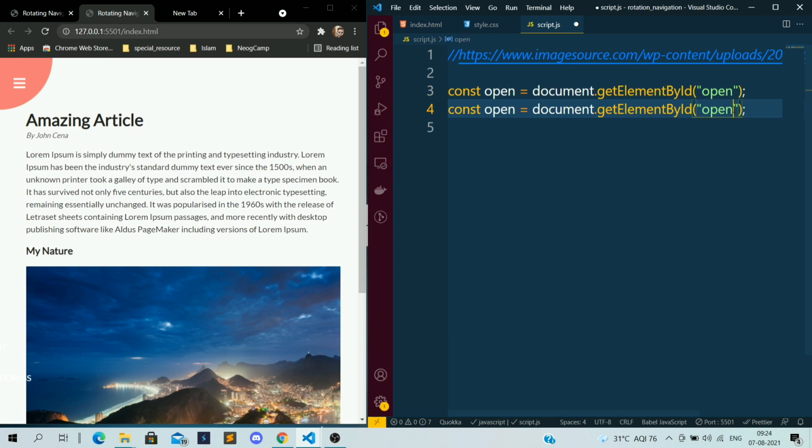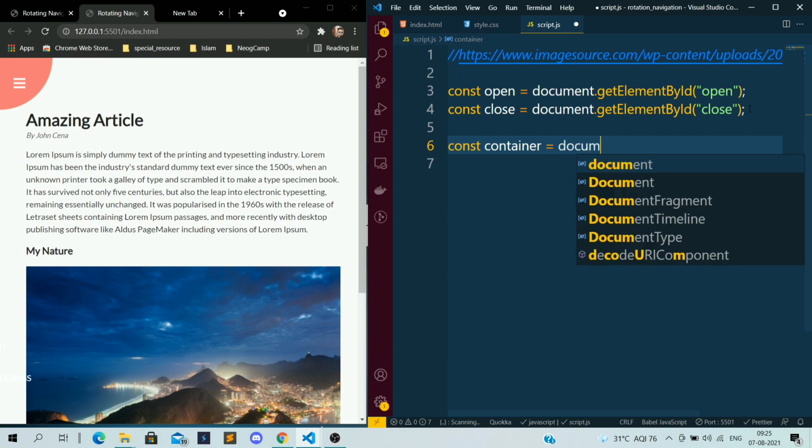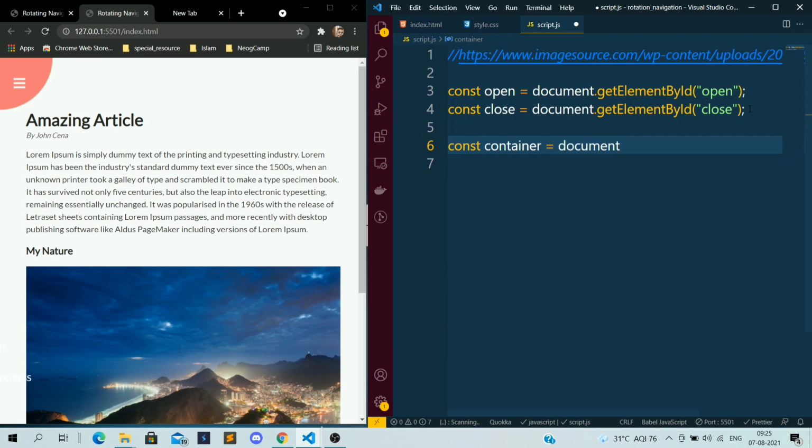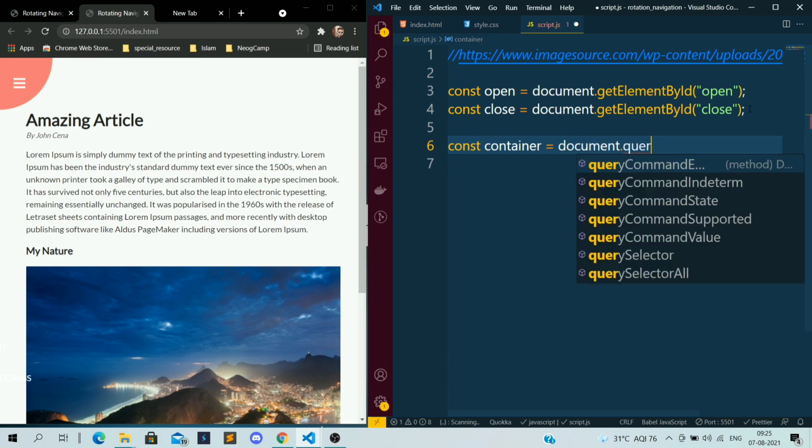Now I want to take the close button also, so that when we click on the close button, it shows the original position, correct? Close. Now I want to take the container, because I want to add the class in the container div, correct?